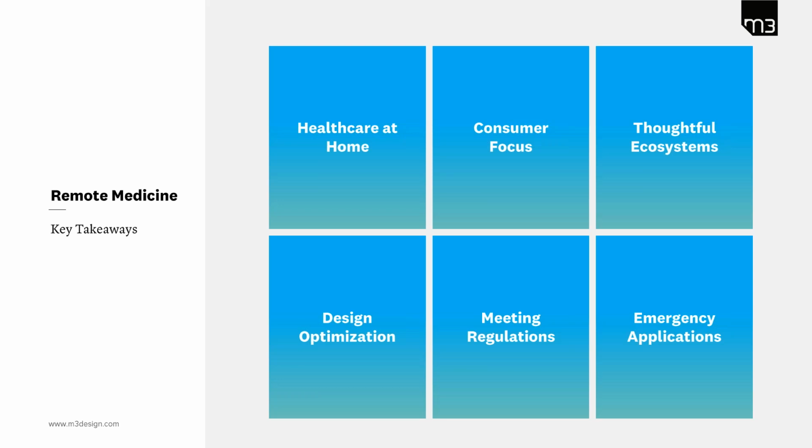And then on the bottom here, we have design optimization, certainly for things that are being transported to the home and anything to do with drones. There needs to be some optimization around size and weight, flight paths, and just the number of devices that are being shipped out and transported around the country.